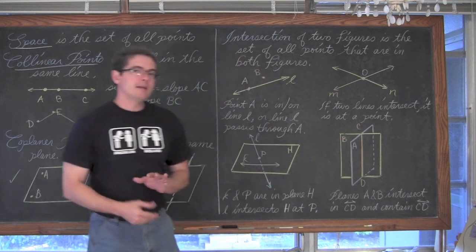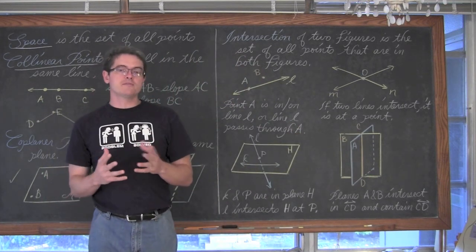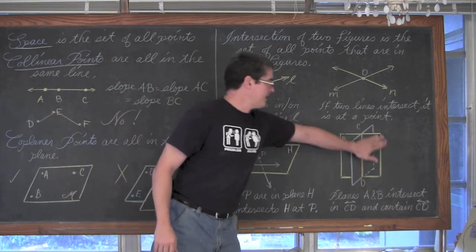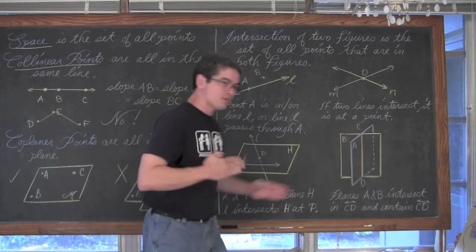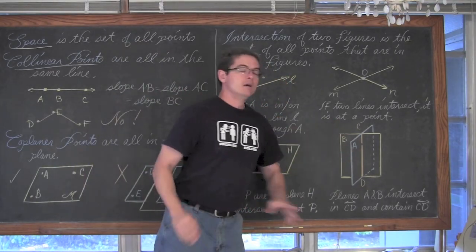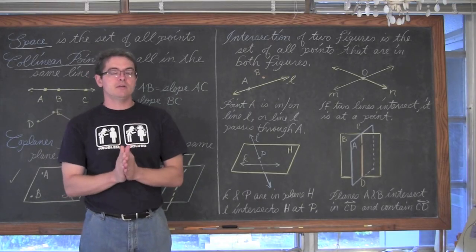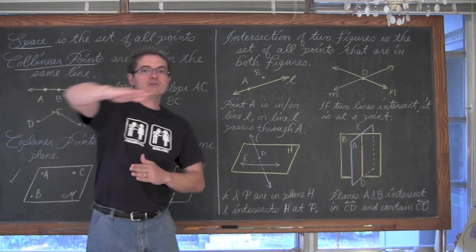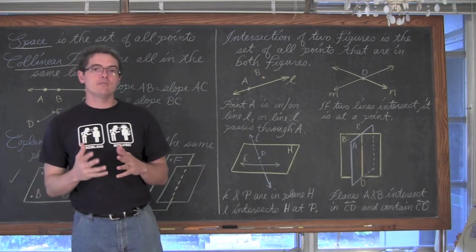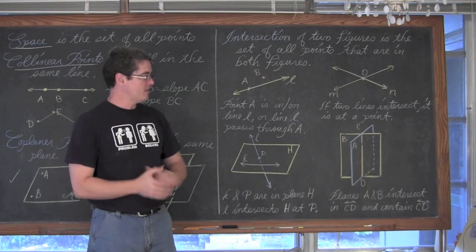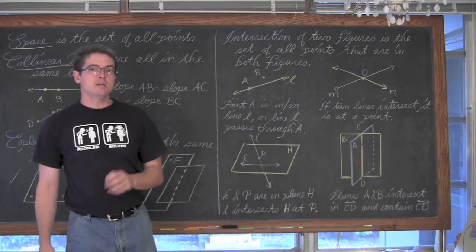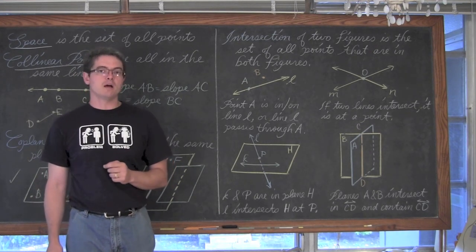I've here got two planes drawn. I'm trying to, of course, give some depth to my two-dimensional drawings on this flat chalkboard. I have plane B and I have plane A sort of coming in here at an angle, and they are intersecting at a line. Planes, again, do not have to intersect. I can have a two-dimensional plane here and a two-dimensional plane here. They can be parallel and never intersect. However, these planes are intersecting, and they're intersecting in line C. If two planes intersect, they're always going to form a line.